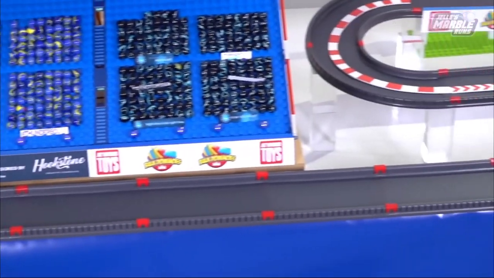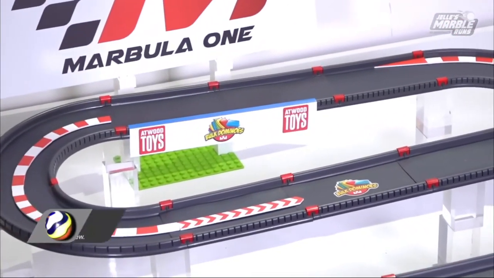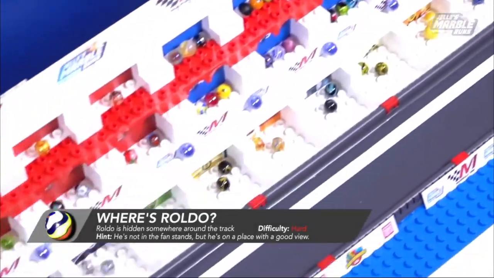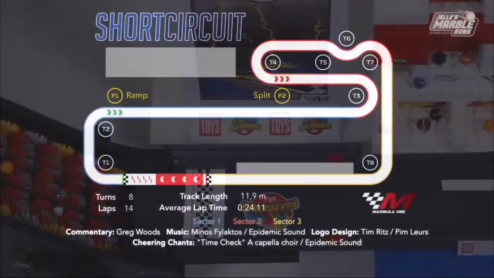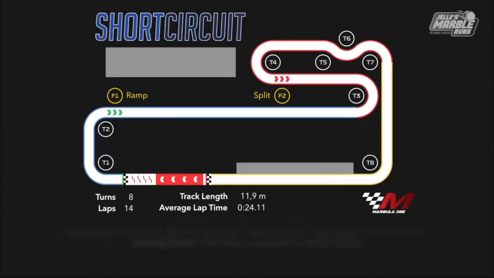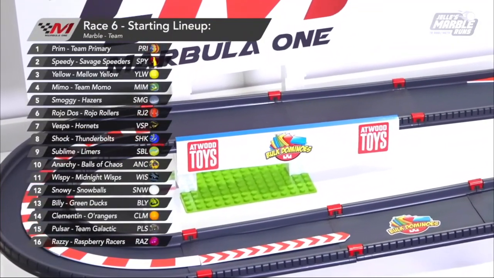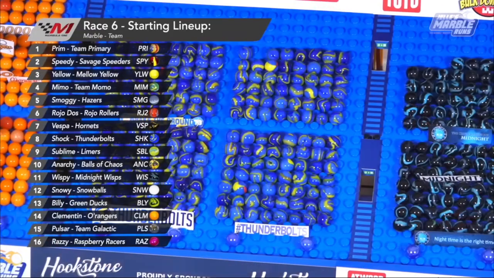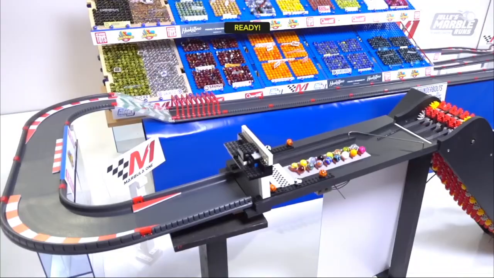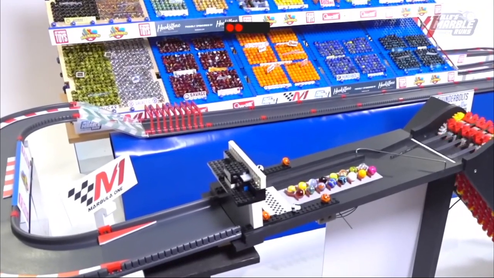Welcome to the Short Circuit Grand Prix, where we see an incredible race about to develop. In qualifying, we saw an incredible duel between Prim and Speedy, which led them both to be in the first two spots of the grid. Prim was finally able to take that inside lane to their advantage after taking pole position, but let's see what will happen. The lights are on,